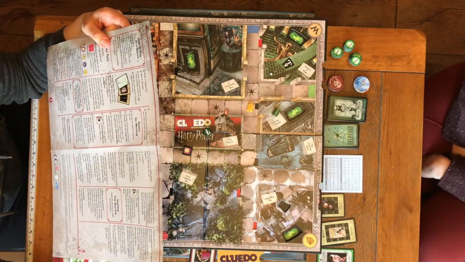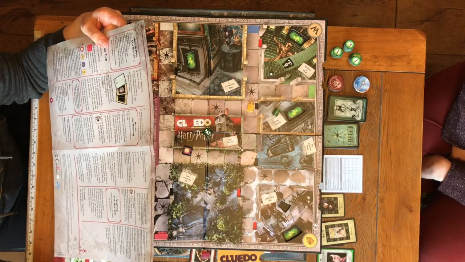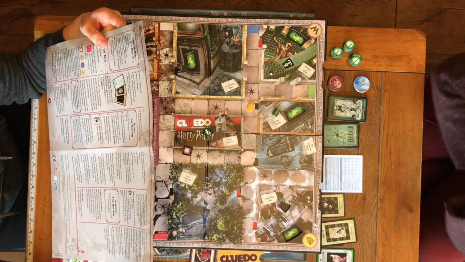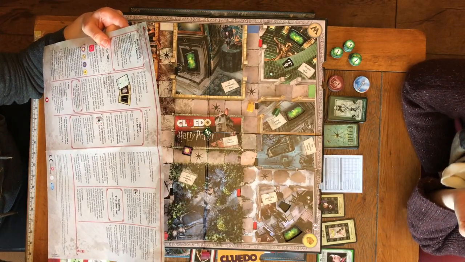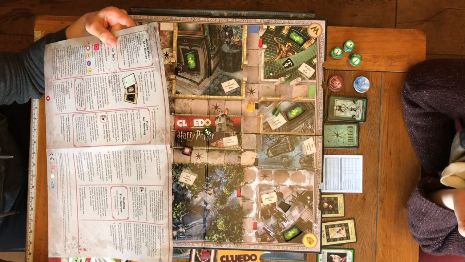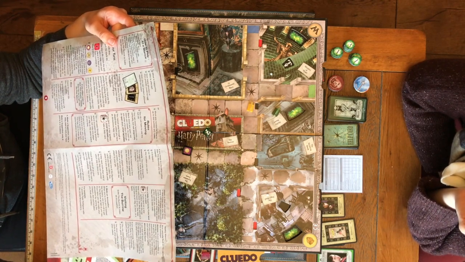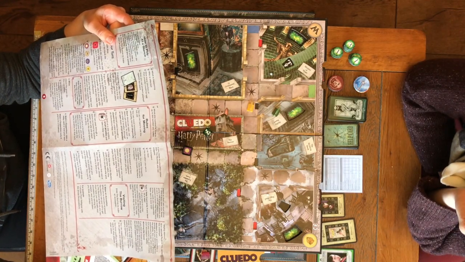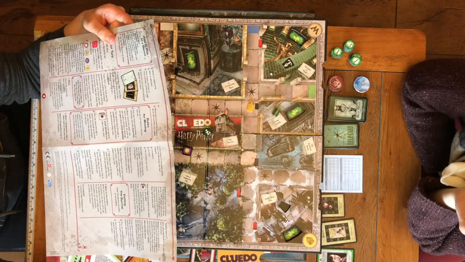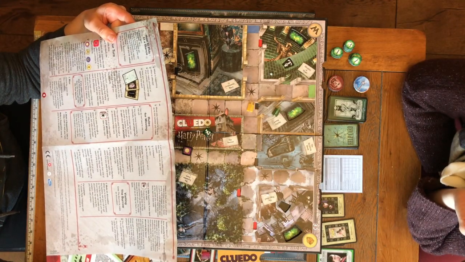If you move to a location other than the burrow, you can suggest. The other players must now reveal whether or not your suggestion was correct, which we did. If they have one of the mystery cards you have called, they show it to you. True. If they have more than one of those cards... If the player to your left...